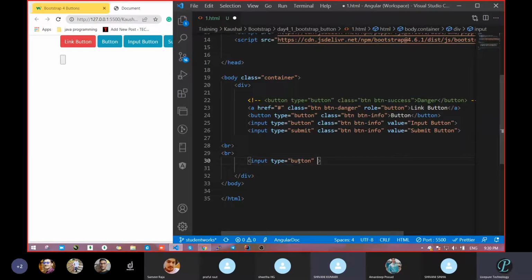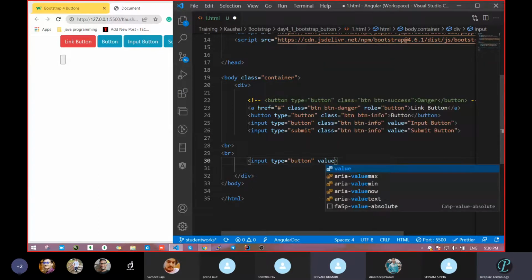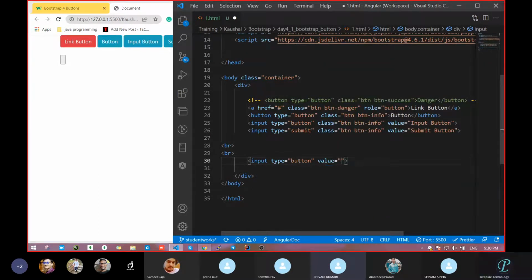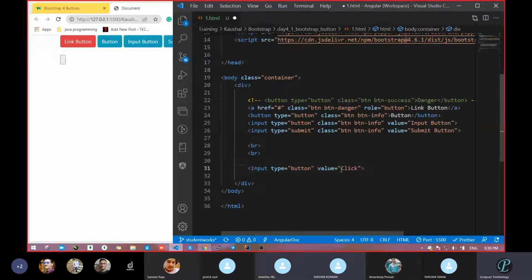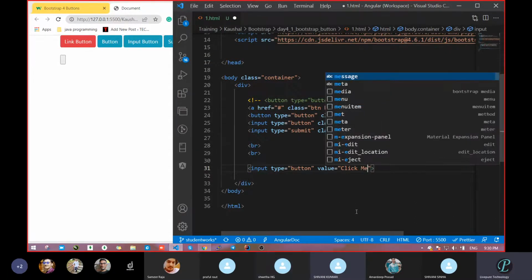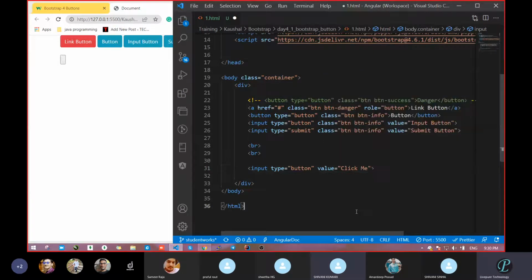Yeah, tell me how the name will come, or the name you are going to give a value. For that we have to pass a value. Amol, is this correct or not? We have to pass the value here. Yes, sir. What do you think the output will be? Will the value be Click or something, or something different? Means whatever is written in the value, will it appear there or not?